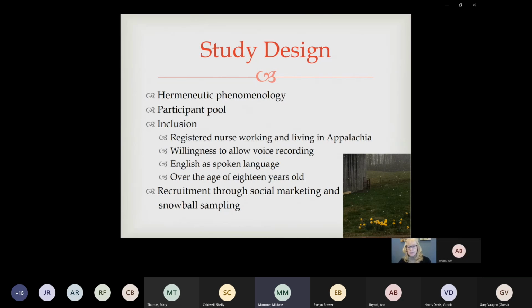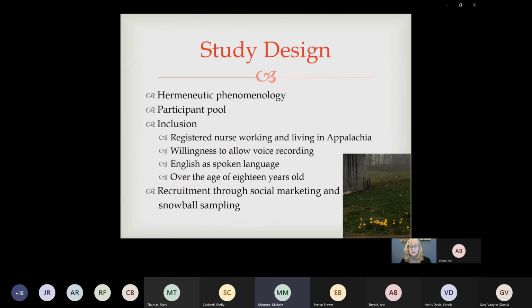One state association representative said it was not used in their state, but gave me some contact information for the other representatives, and the final decision was not to use that as part of my recruitment strategy. And the third just didn't respond to my request. So the 4 participants I received from social marketing was a little bit problematic with my sample representativeness, but I had much greater success at recruiting through snowball